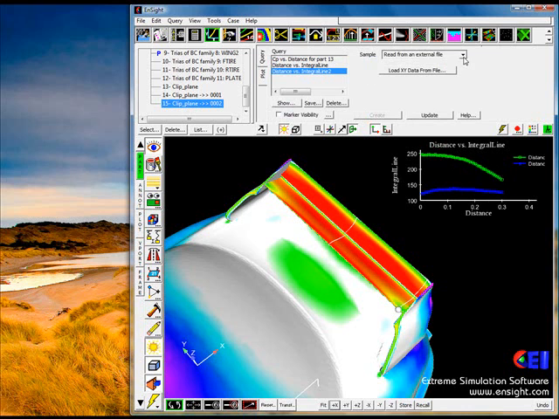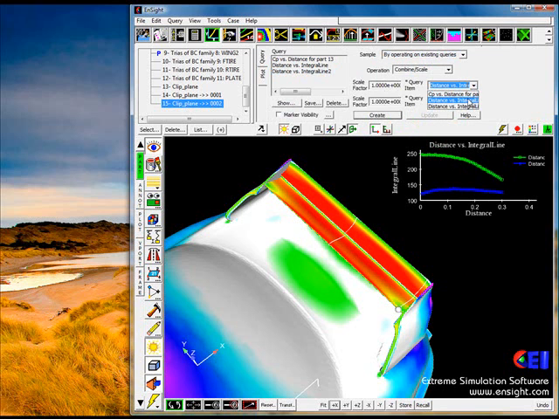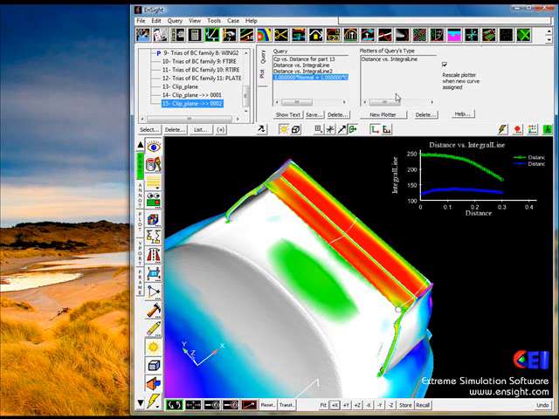We can also go back to query and say that we'd like to operate on existing queries. So we could combine. We'd like to say we'd like the scale factor of 1 times this one, and then we'd like to add it to 1 times the value of the second one. Okay, so we can go to plot now, and we can actually add this on top of this one here. So now we have a total. So we've got the main plane, the flap, and the total. We can go to the plotter now